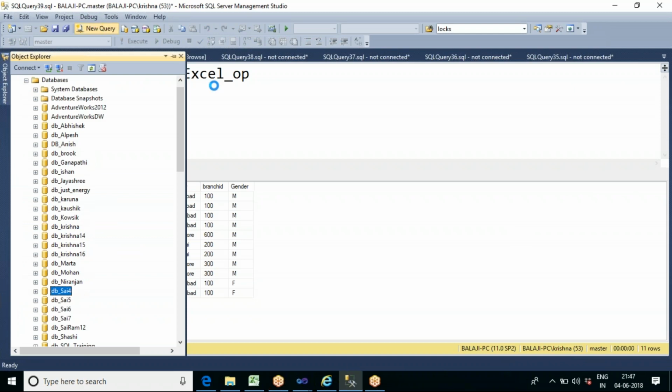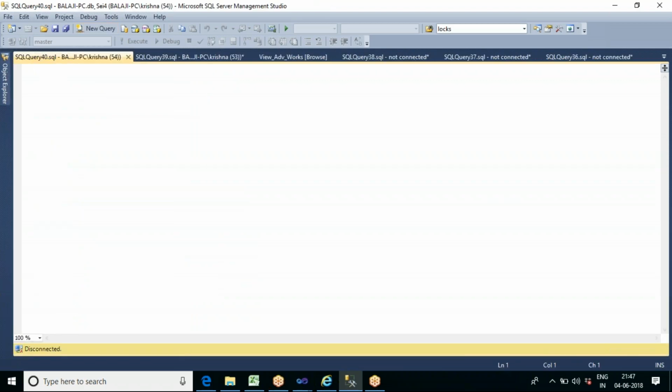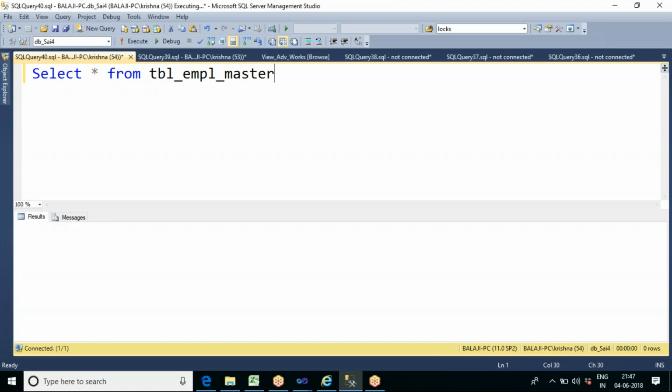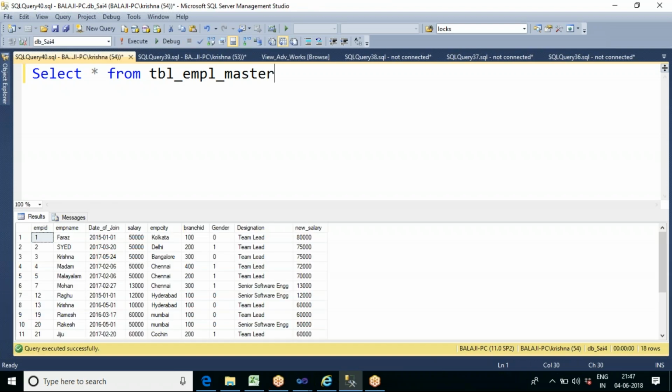In that database we have one table called EMPL master.